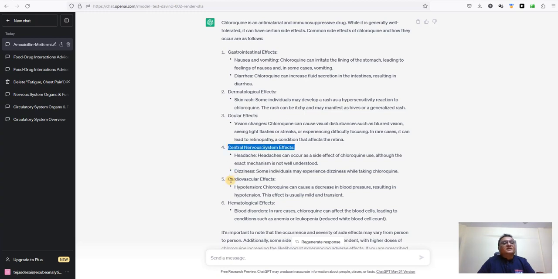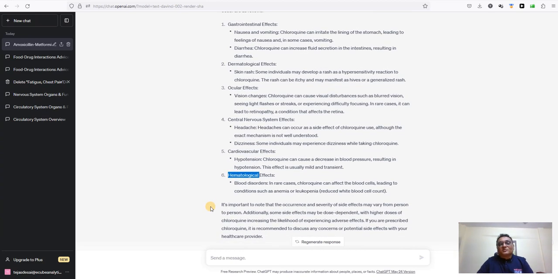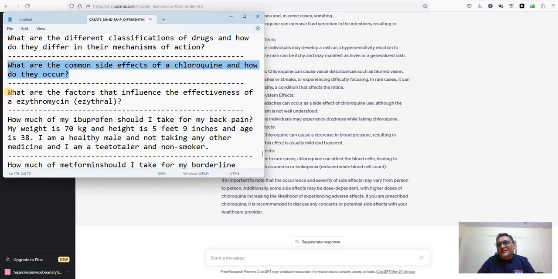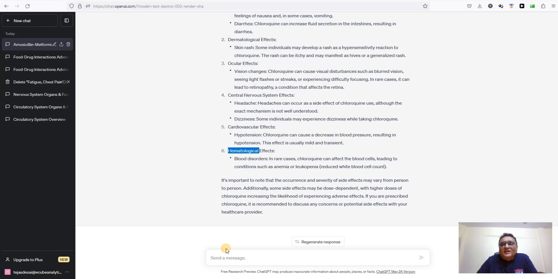Okay, fine. Now, another question. A doctor is trying to prescribe azithromycin, which is another well-known medicine, Azithral. But the patient may be already taking some other medications, or he may be having other diseases, or he may be having alcoholism or something. So the doctor considers before prescribing this, what are the factors which influence the effectiveness of azithromycin,